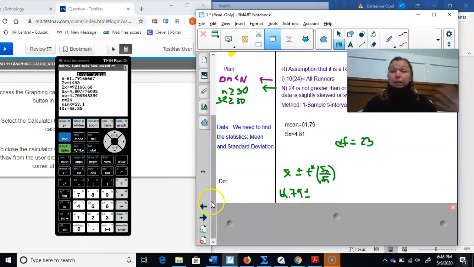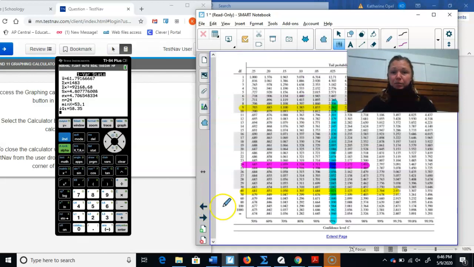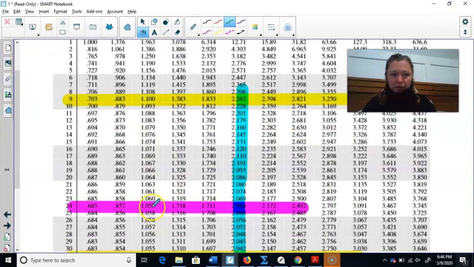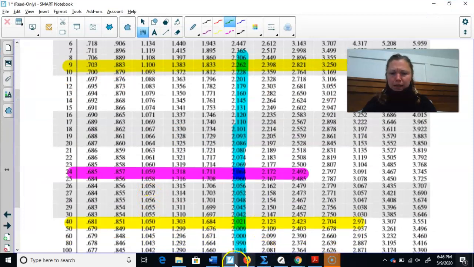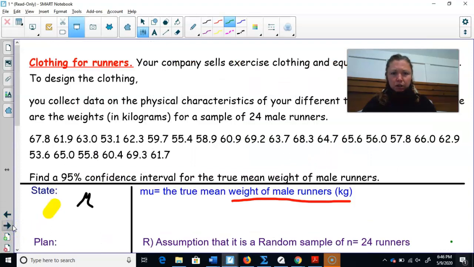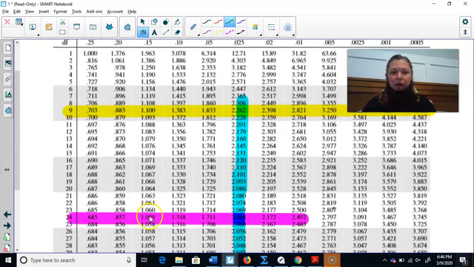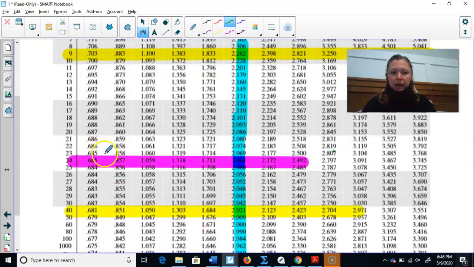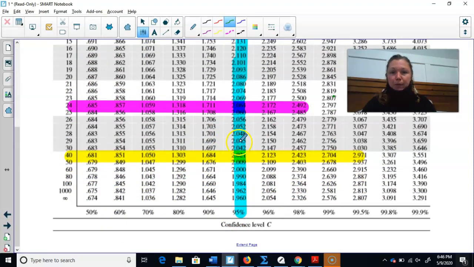Okay, now I'm going to go to that chart. I'm going to go to 23, which is there. Let me make this bigger for you. And I believe it was a 95% confidence interval. Let's look just to make sure. Oh, it was 95. Okay, good. So 23 is right here. And 95% we highlighted yesterday in blue. So 23, that's